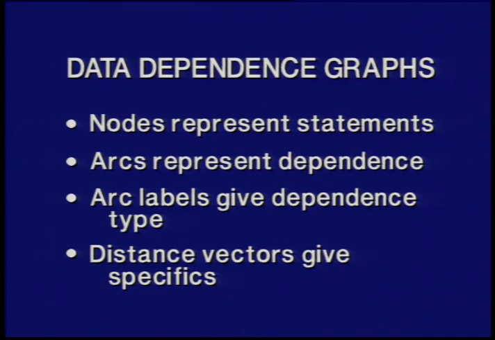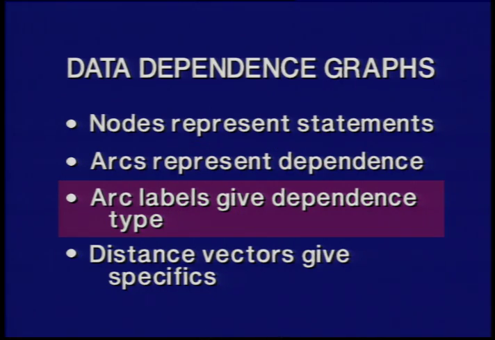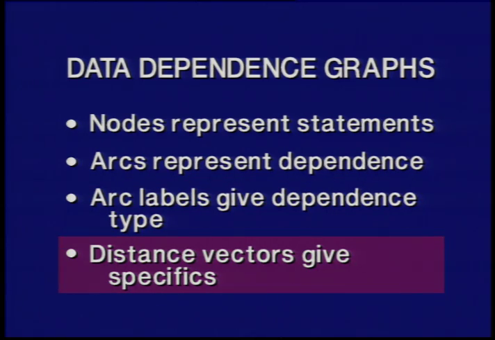So we do this analysis, and we represent it by saying that if we have nodes representing statements and arcs representing dependence between these, we can build a set of dependence graphs which give, with the arc labels, the dependence type, whether it's a true dependence, an output dependence, a flow dependence, whatever kinds of dependencies. I haven't gone through all of them. There's a large number of these. And we can augment this information by saying what is the distance from one iteration to another, in the do loop case, when these dependencies exist. This is an important and very critical part of forming parallelism in programs.